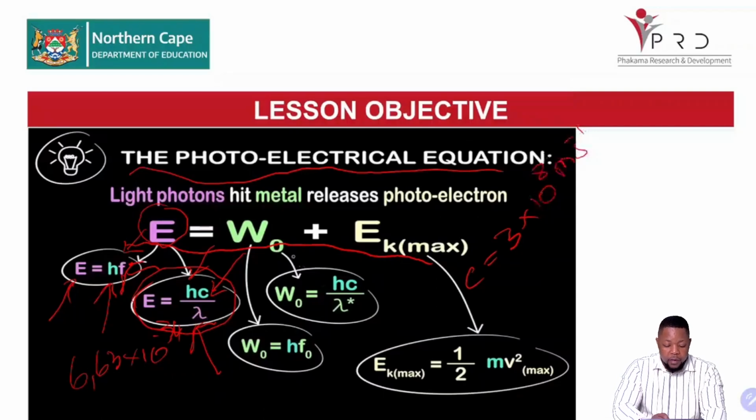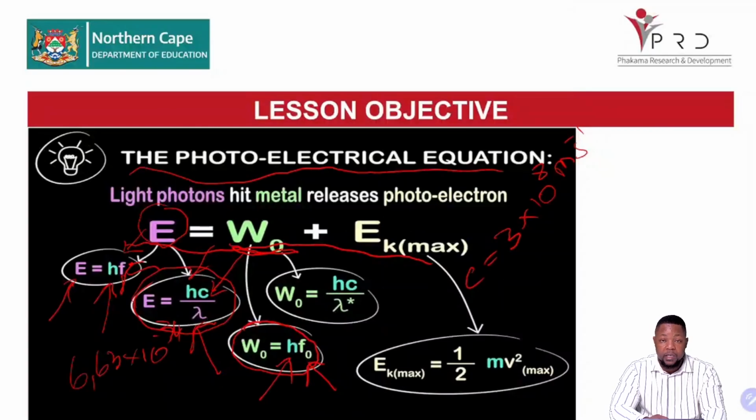Now, the work function, WO. WO represents the work function, and this work function can be calculated when frequency is given, and that frequency that must be given must be the threshold frequency. The threshold frequency is given the symbol FO. FO means threshold frequency. If you are given the threshold frequency, you can multiply with the Planck's constant to get